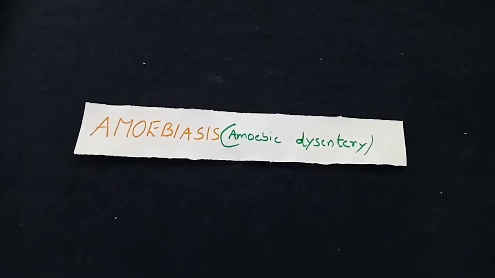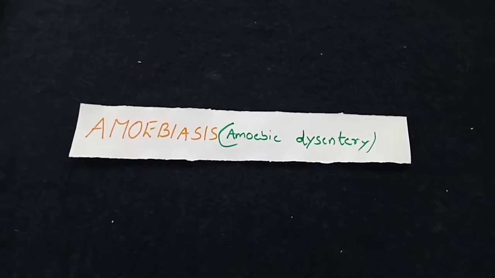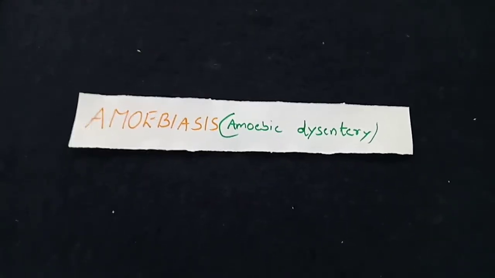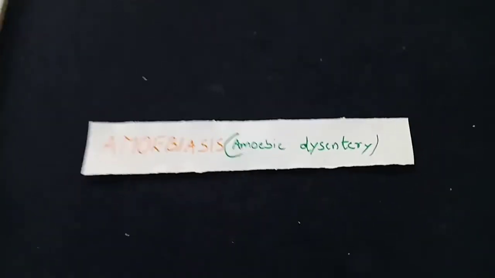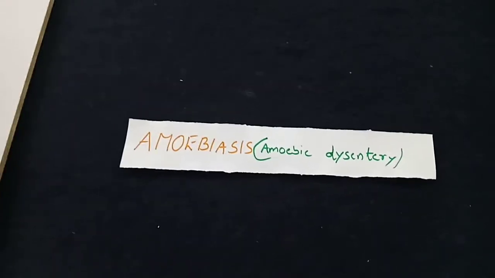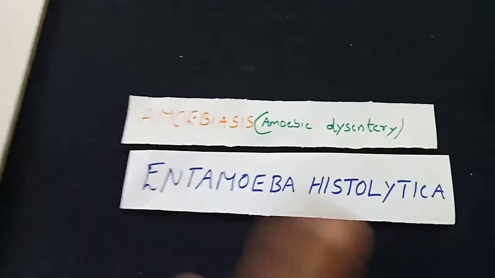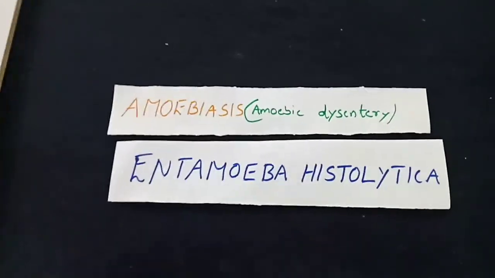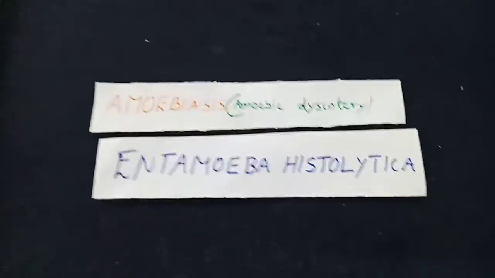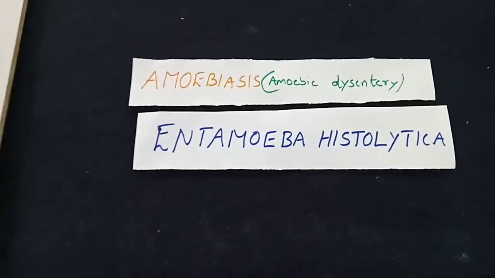Now we will talk about the second protozoan disease, that is amoebiasis. It is also called amoebic dysentery, normally asked in your board examination, even competitive also. Please, simple and easy, note each and everything. Name the causative organism of amoebiasis. That is a type of protozoan called Entamoeba histolytica. Do not write amoeba. Amoeba is a different protozoan, whereas Entamoeba histolytica is another species of protozoan. Both come under protozoa, but the species are different.